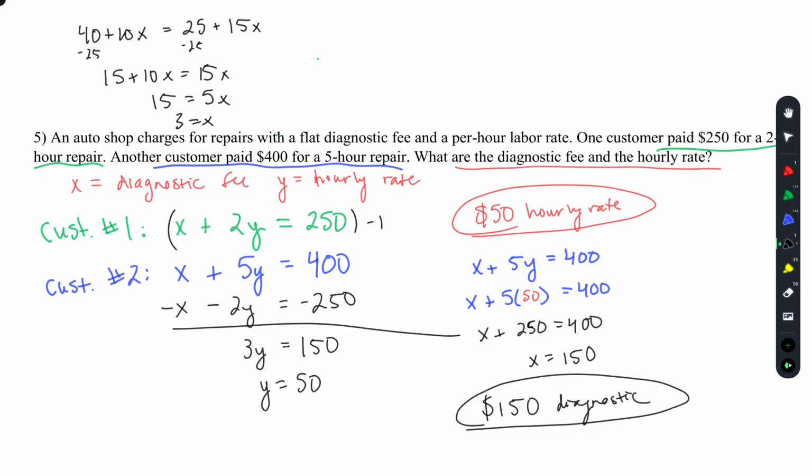So just make sure that you're keeping track of your variables, because I don't know why, but I was just thinking that was diagnostic fee, maybe just because it was first. But that's why I define my variables, because I have to figure out, okay, y is hourly rate. And then I figure out the other ones. All right. They're very similar. They may not seem like it sometimes, but they're very, very similar. So as long